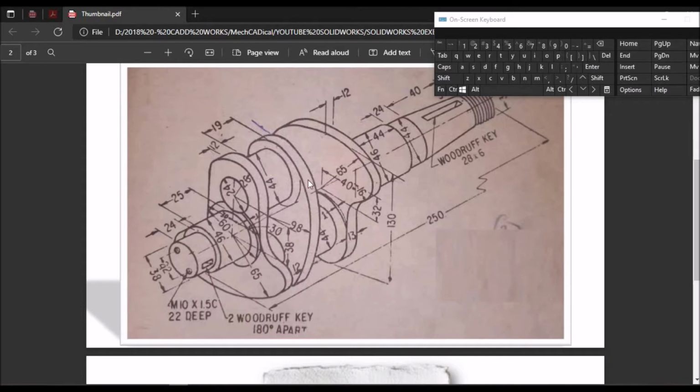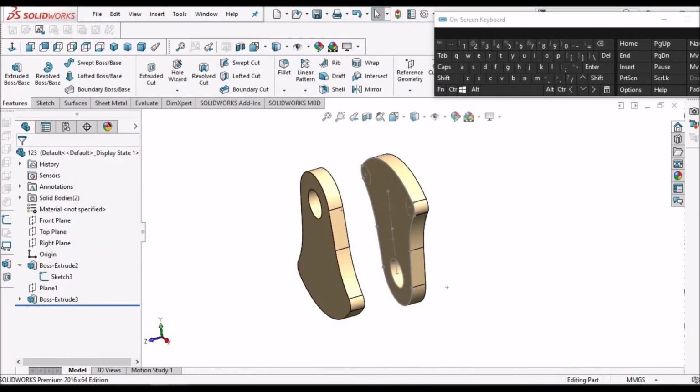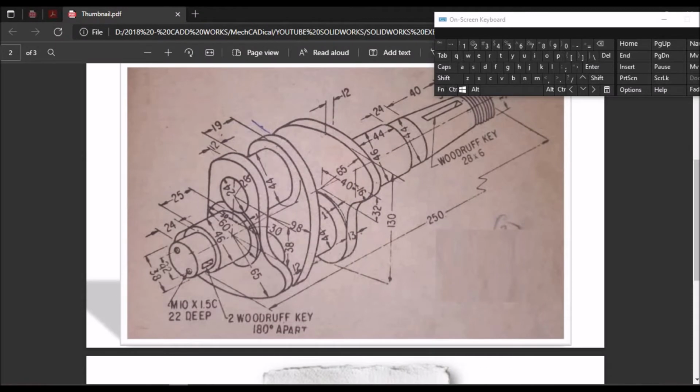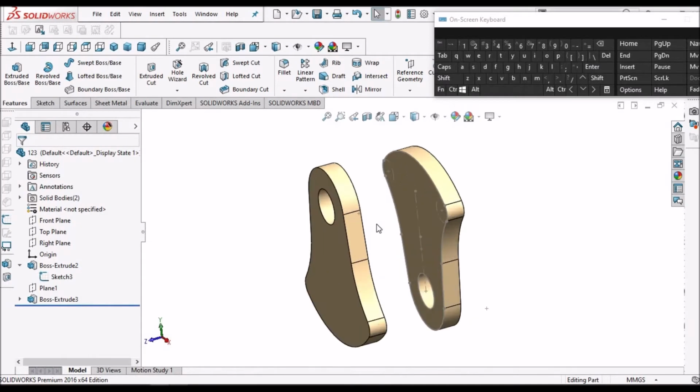Now I am going to create this intermediate part. So this part is at offset of 19. So we have to create one more plane with this face.